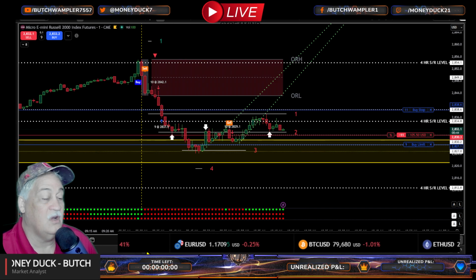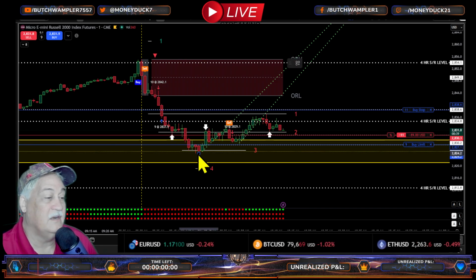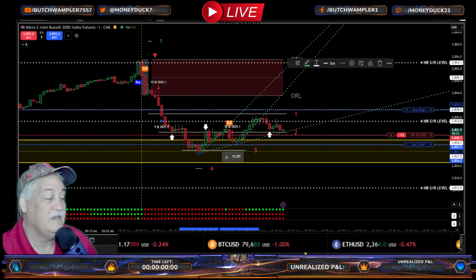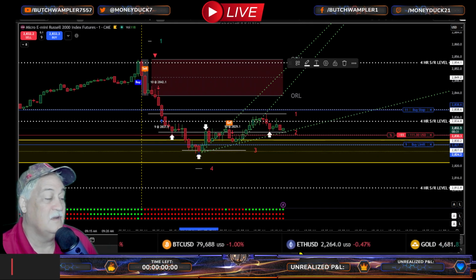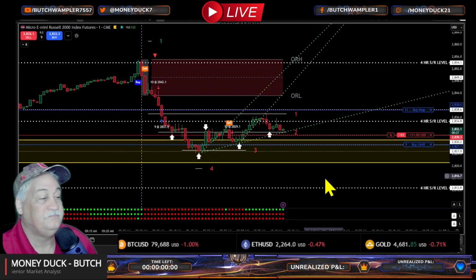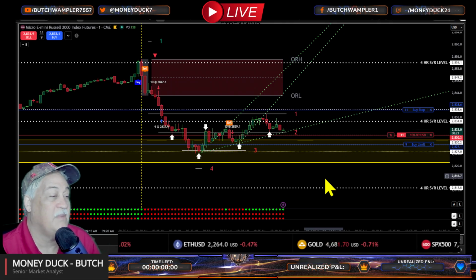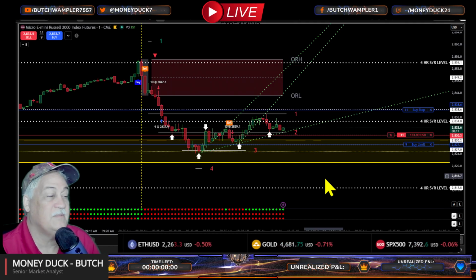Now, I am going to draw a line across from this low here to this low here, and we're going to see what it does with that. So again, this low and this one. And that's basically what's come down to here. So let's see what it does there. I'd like for it to break it and pop down with a quickness, but we'll see. We could mark across the tops. You guys know that